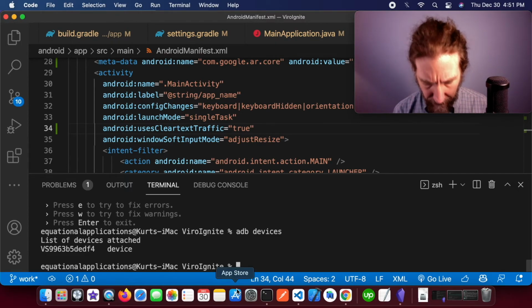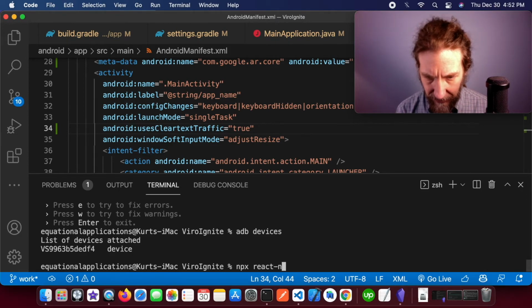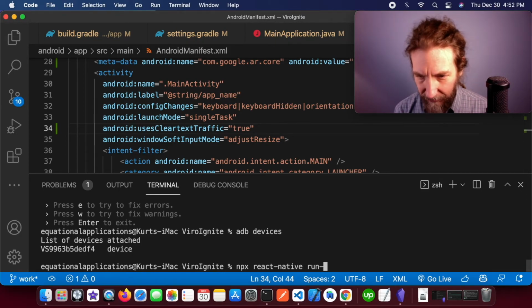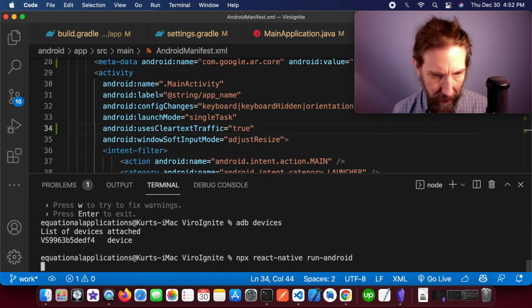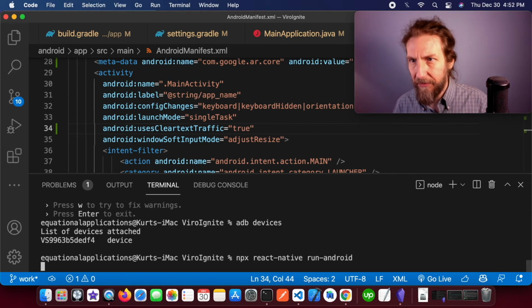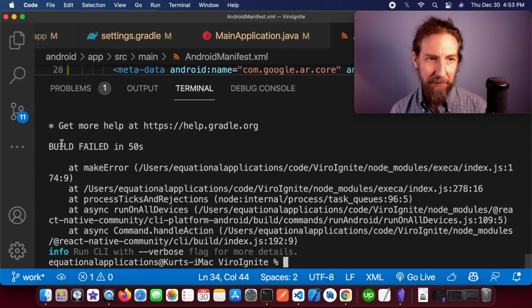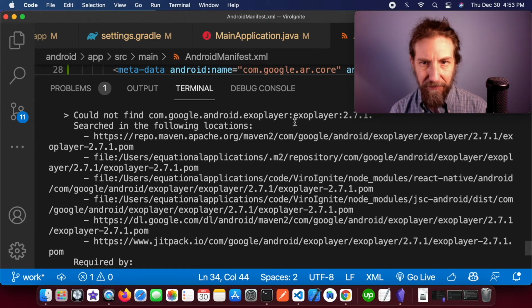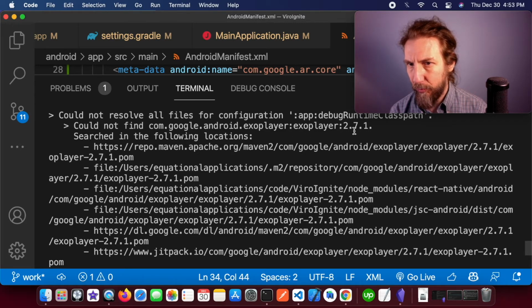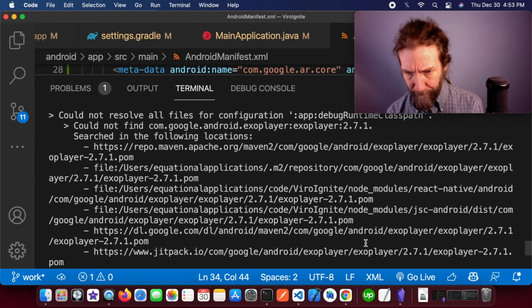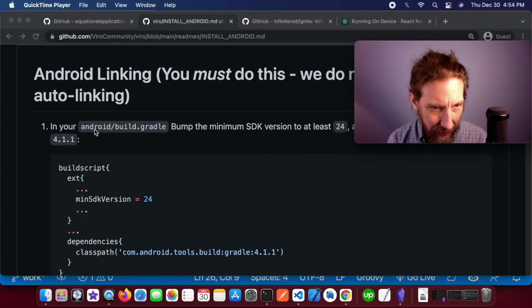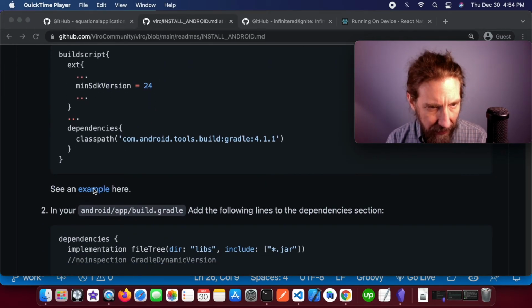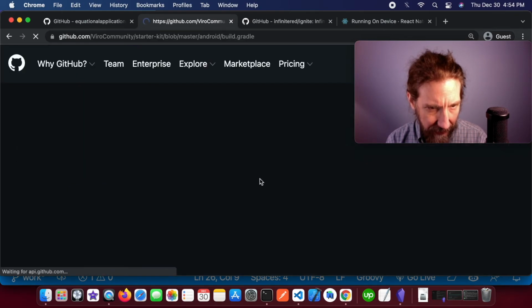Now I can use the command npx react-native run-android. And it's going to build the app and install it on my phone. And my build failed. Looking up here, I can see that it had trouble finding Exoplayer 2.7.1 that Viro uses. Here in the Android linking for the Android build.gradle, I can click on the example link,